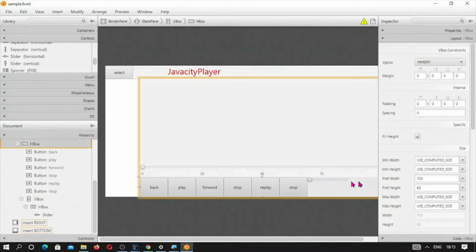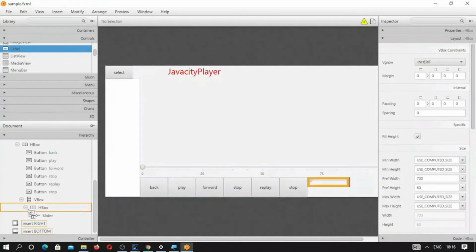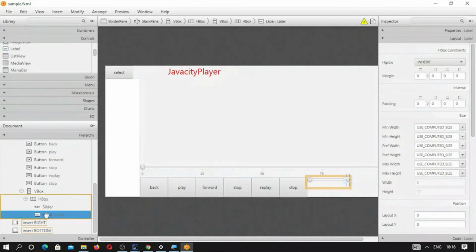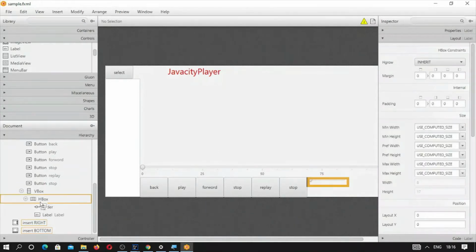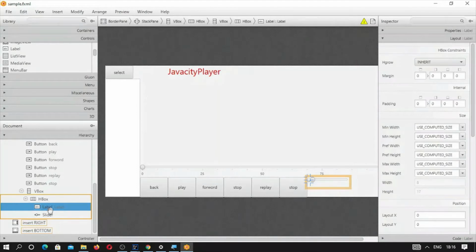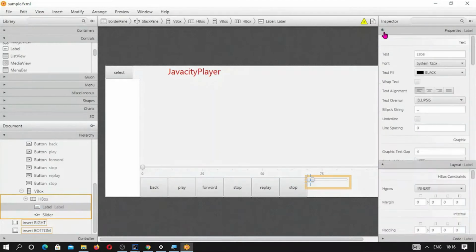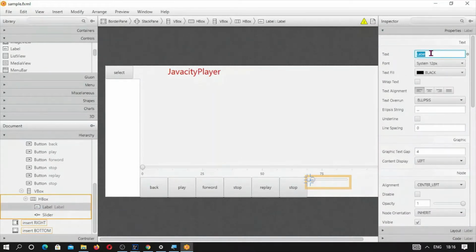Okay, here we have to keep a label, the volume label. So this is the volume label and it should go inside this one. And this will be above. Now this is the label. Now first we give the properties of this label.